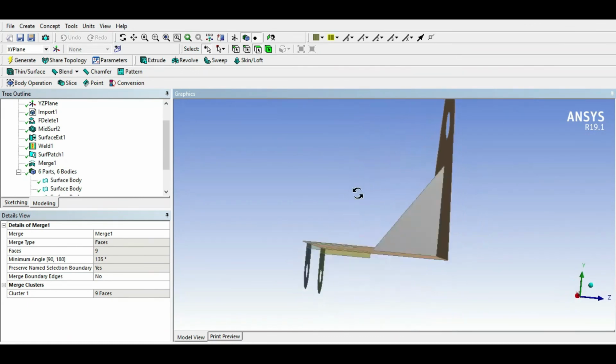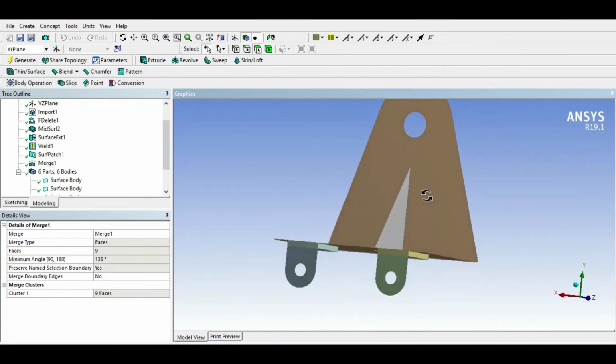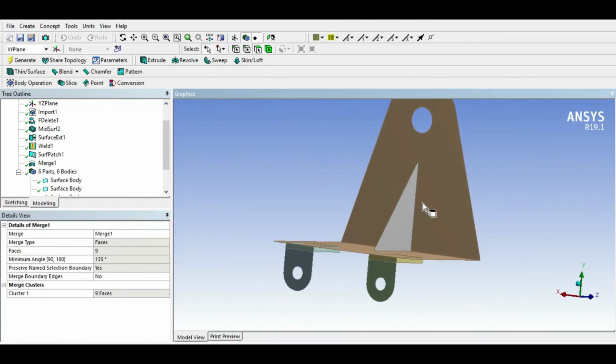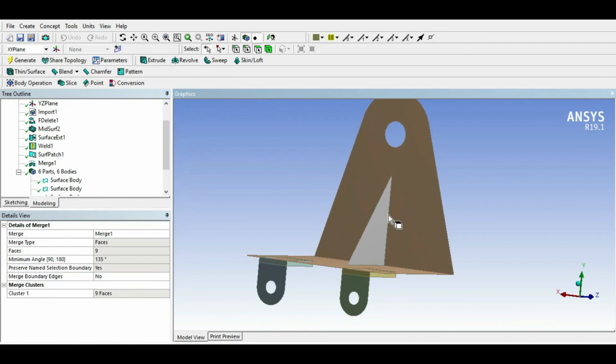So here this is your surface body. So we are going to use a quad element instead of your brick element, that is, 3D element shapes. So this is the benefit of modifying the geometry, and it will also reduce your running time, or we can say simulation run time. So these are all the benefits available with these geometry modifications.